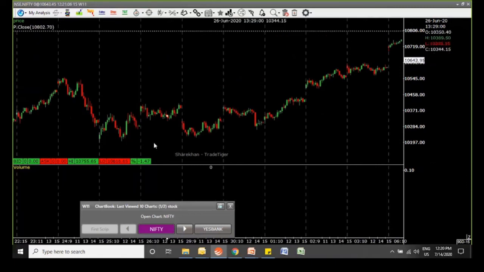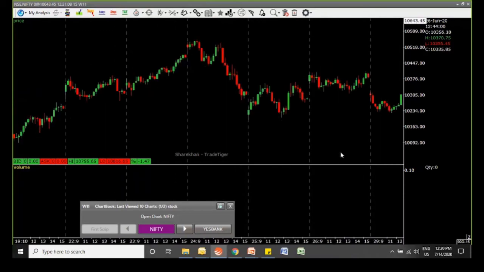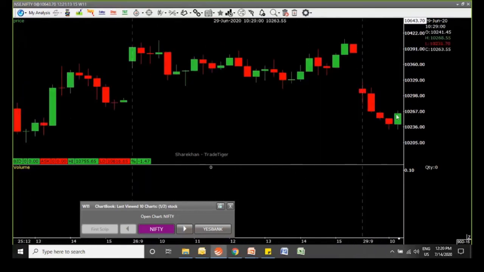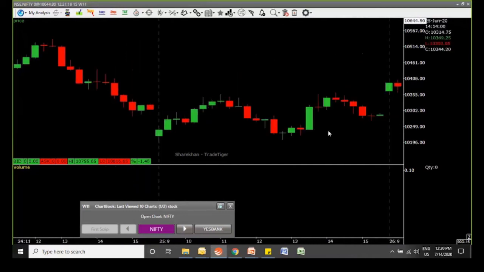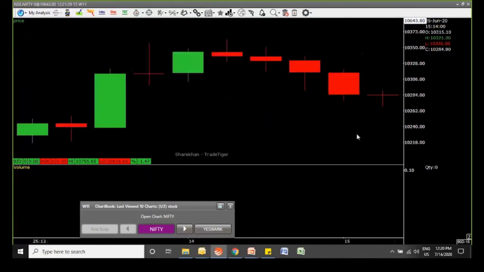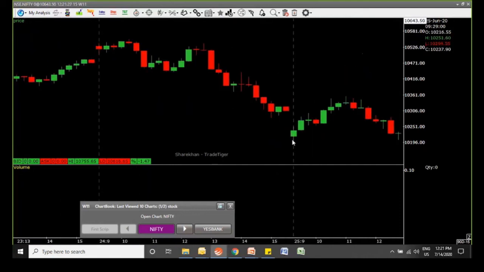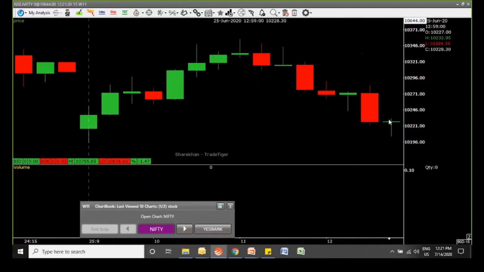Then we have a bullish engulfing pattern which can be somewhat like this, where this green candle is completely covering the prior red candle. And the dragonfly doji, this is not the exact dragonfly doji, friends, because it has an upper shadow. This should not be there, otherwise it's a dragonfly doji pattern. Yeah, this can be a very perfect dragonfly doji which has a very negligible real body.